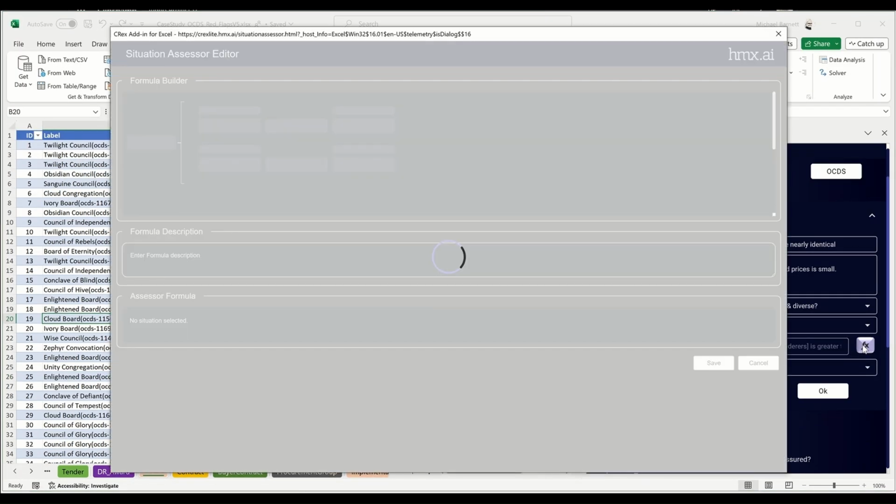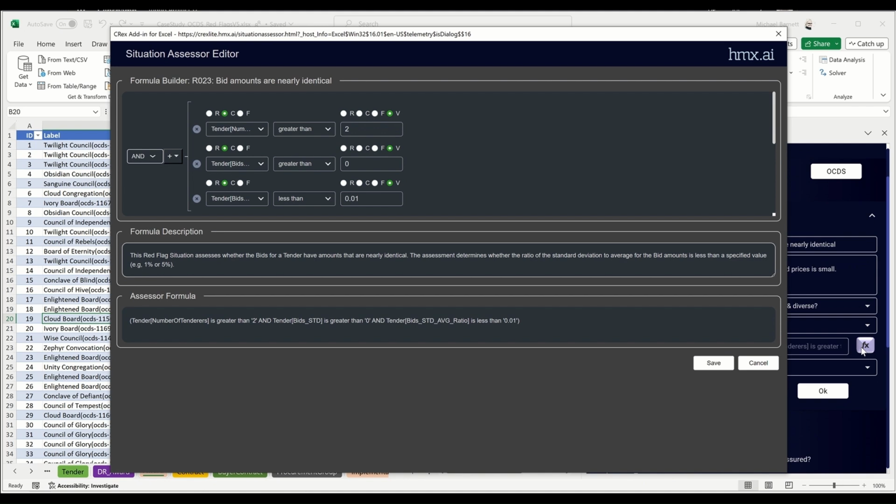In the Red Flags Workbench, each goal's red flags are defined by a situation assessor. It includes a formula builder for users to easily define Excel formulas specifying how to calculate whether a red flag is present. It uses the Excel table data imported from Synapse and other data sources. Users can modify the tables by adding columns or including additional calculations in new worksheets for the best way to